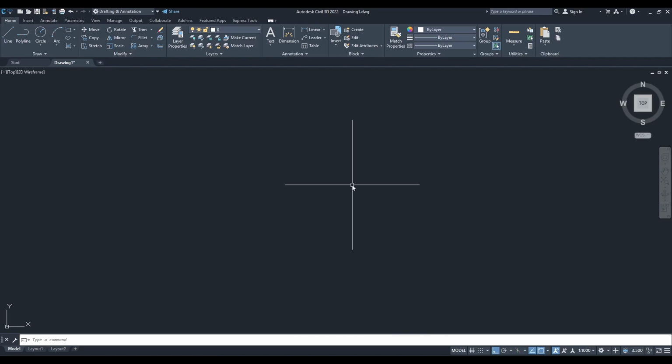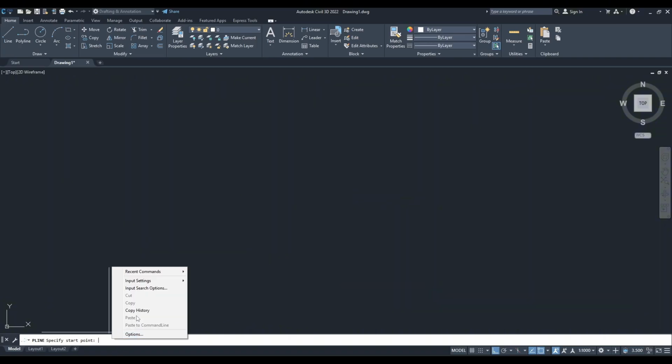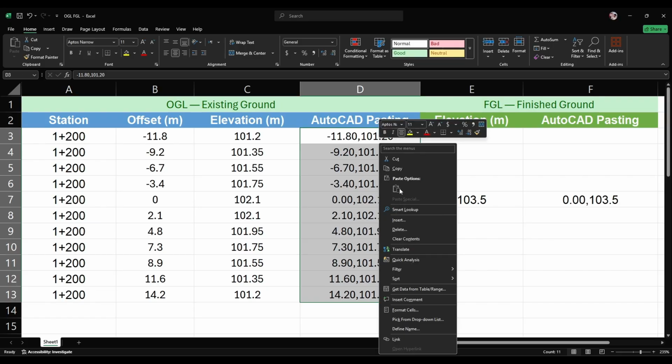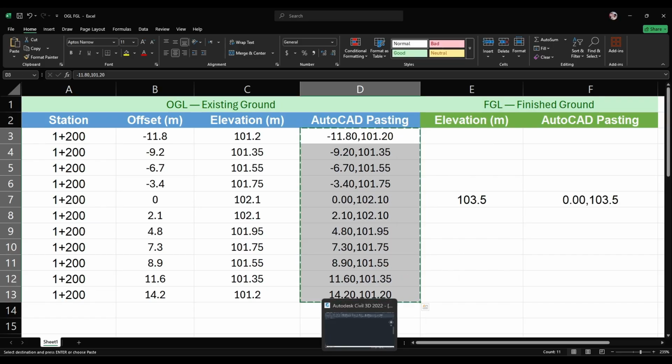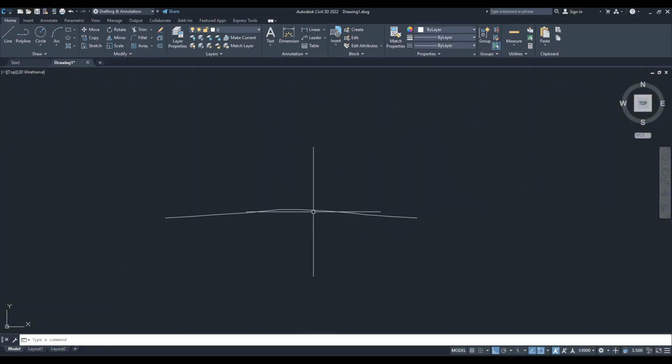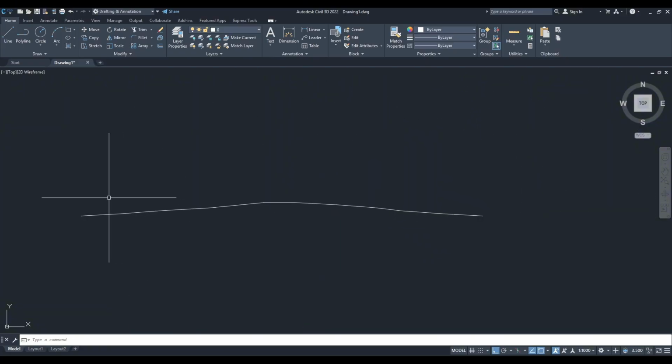For that, we will take the polyline and paste the value that we will copy from here to here and enter. Now as you can see, it has generated an OGL surface. Now if you understand this line,